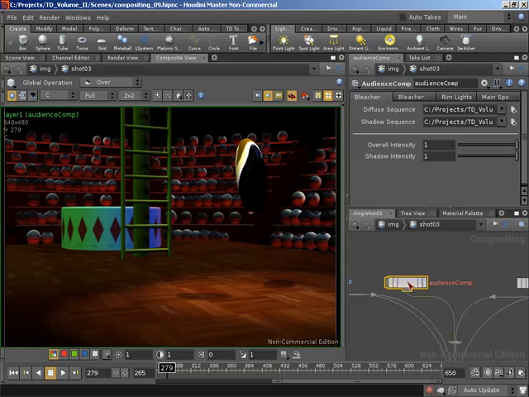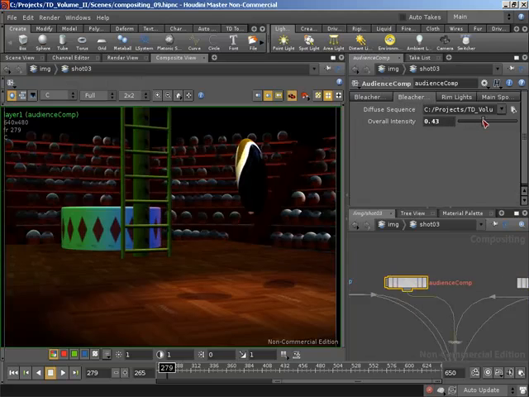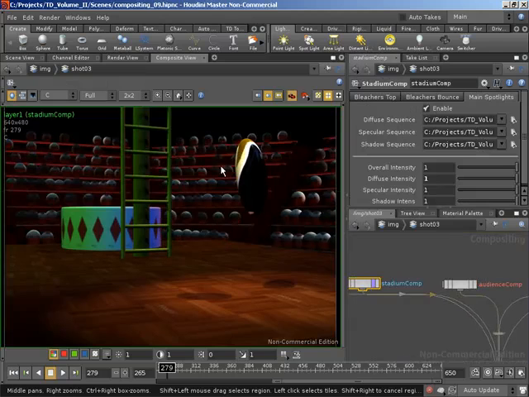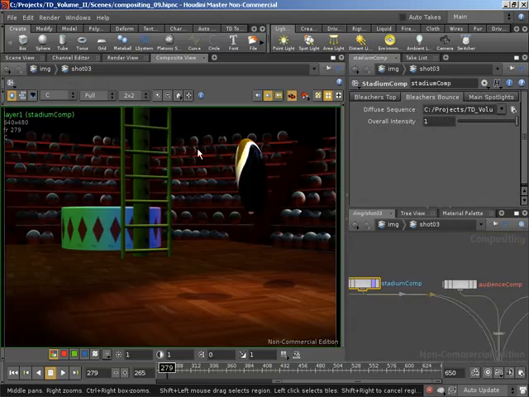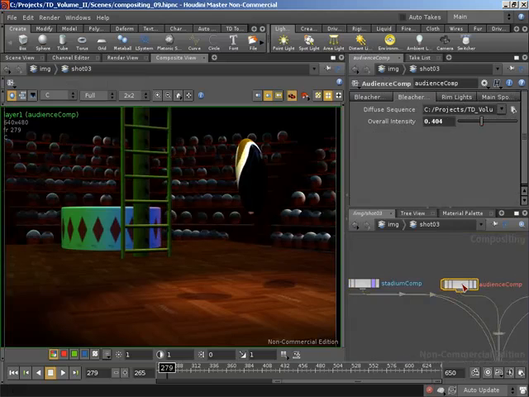So I'm going to jump to our audience comp, and the first thing I'm going to do is bring down the bounce light on our audience quite significantly. I'm going to do the same on our stadium because this is really a bright red and is far too intense for what I was looking for. I'm going to jump back to the audience,